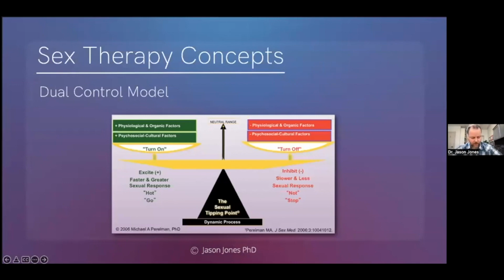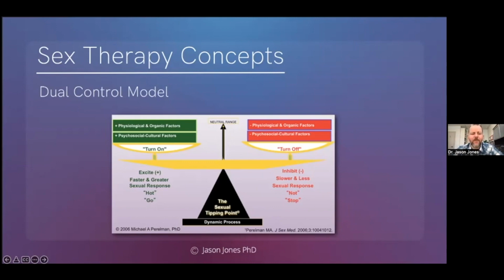The next model to look at is the dual control model. The newer stuff is from Michael Perlman, but originally the dual control model was done by John Bancroft. And so Michael Perlman has just taken over that line of research. And the dual control model is basically, you have two sides on like a teeter-totter or a weigh scale, let's